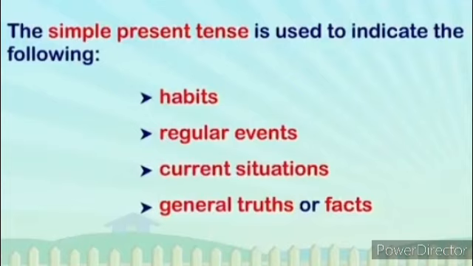In simple present tense, the verb resembles the base form, but we add s or es or ies when the subject is in the third person, that is he, she, it. Let us see examples. First, I do. Second, he does. Third, you carry the load. Fourth, she carries the load.